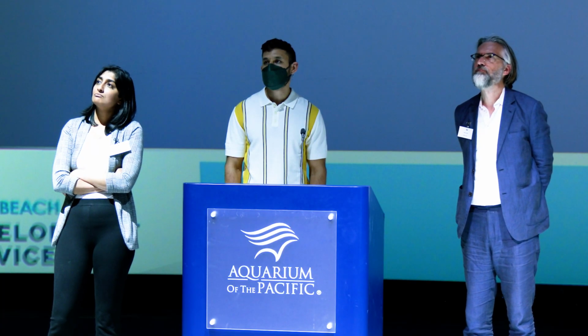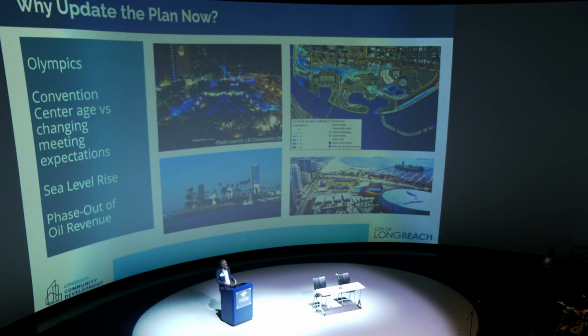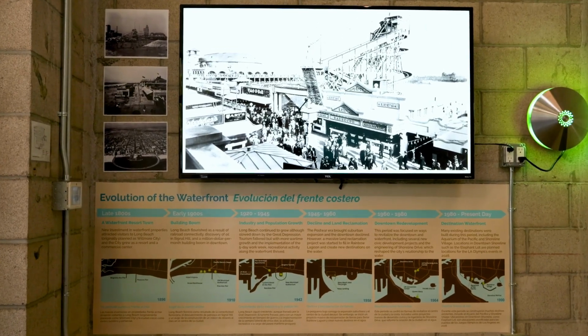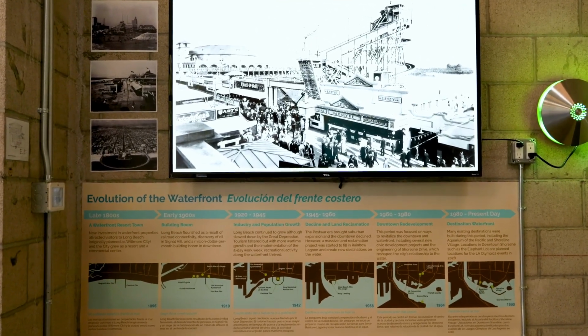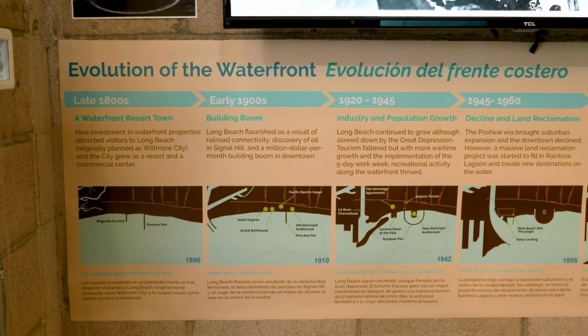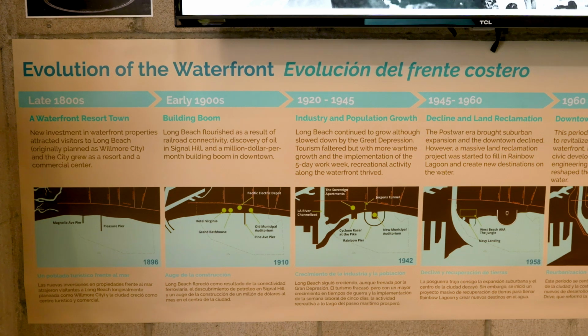So why update the plan now? It's almost 50 years old. So there's nothing about the current plan that really reflects the current values or ambitions or the nature of the Long Beach community as it exists today. Long Beach was a different place 40 years ago. So we really want to update the plan to be reflective of the community's voices, inputs and values as they